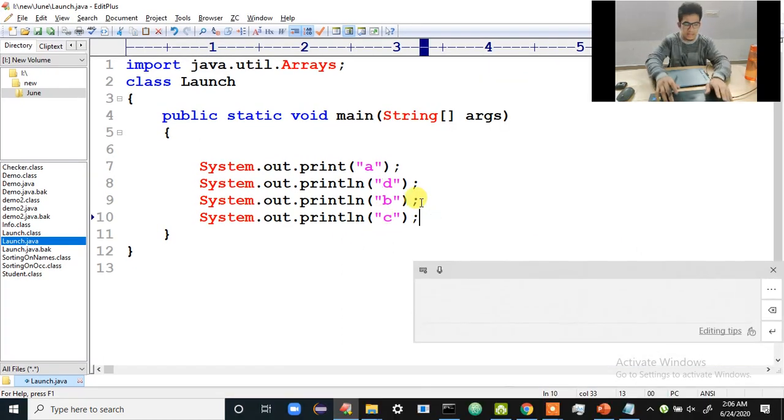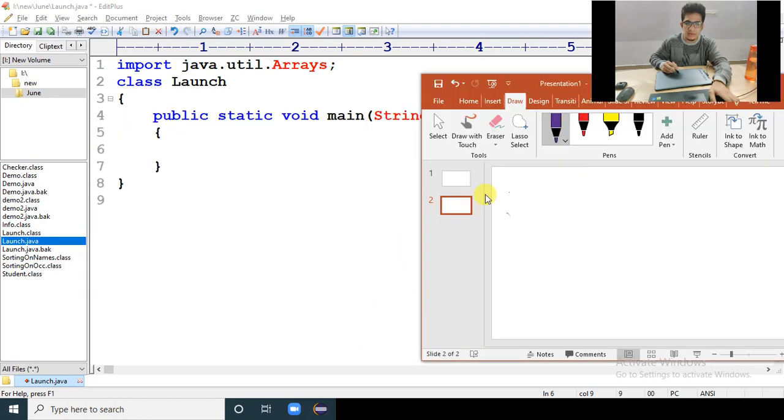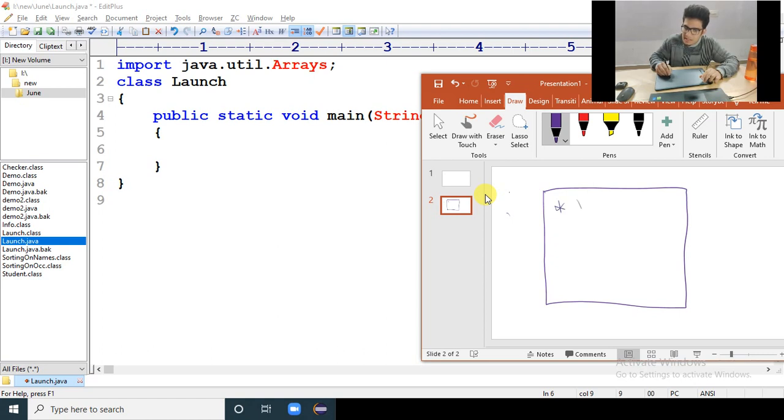So now once I tell this, let's see. What I have now is this screen, and what I want to print is 3 stars here like this. Which means I want to print a star. Then I want the cursor to be in the same line, right? I want to print one more star. So watch here what will happen.